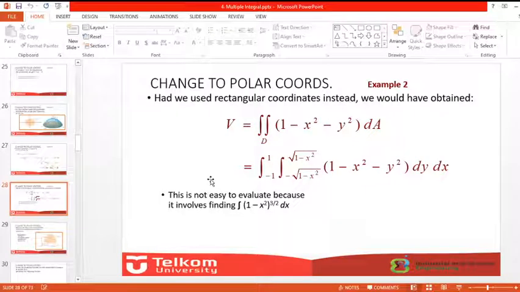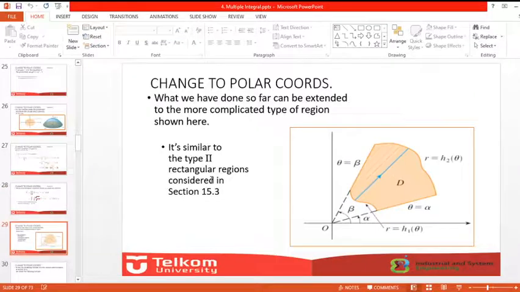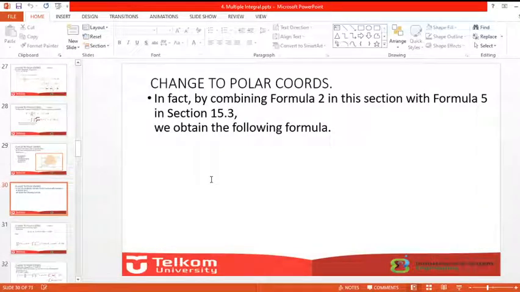Okay, so this should be difficult if we use it directly. If we do not transform to the polar coordinate, it will be difficult to find this result. So the polar coordinate is important to find the result of this condition. Okay, next is for the polar coordinate for the others.